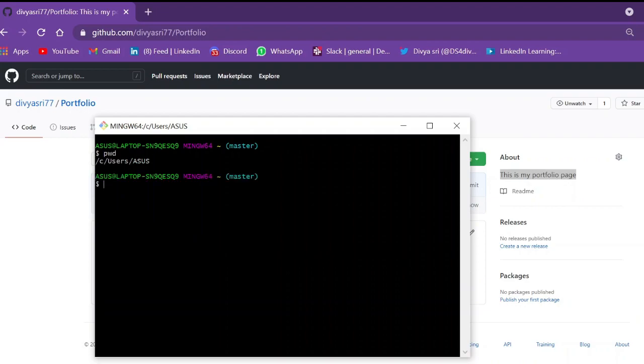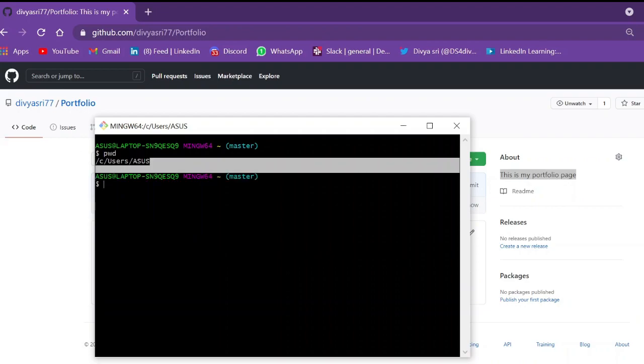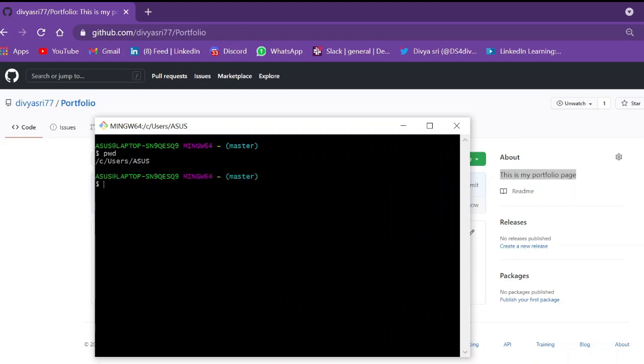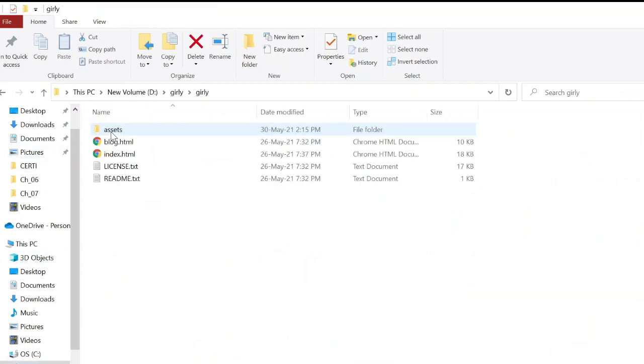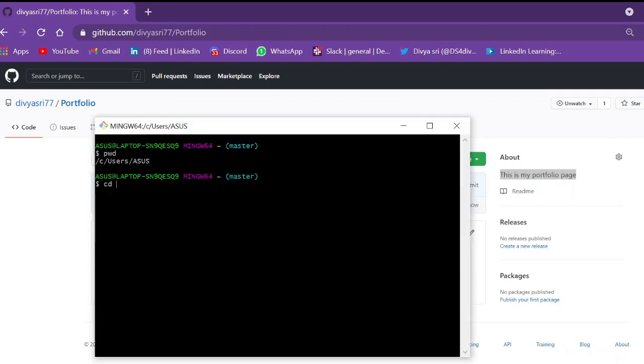This will show you the path where your Git Bash is opened. Now we have to change the path to our folder. In my D drive I have to open this GUI document. So with change directory, give the folder path in D. Give your path where your folder is. Now we have changed the directory.